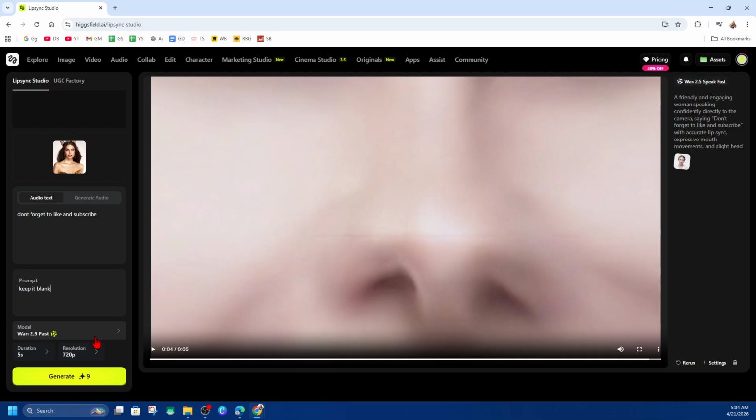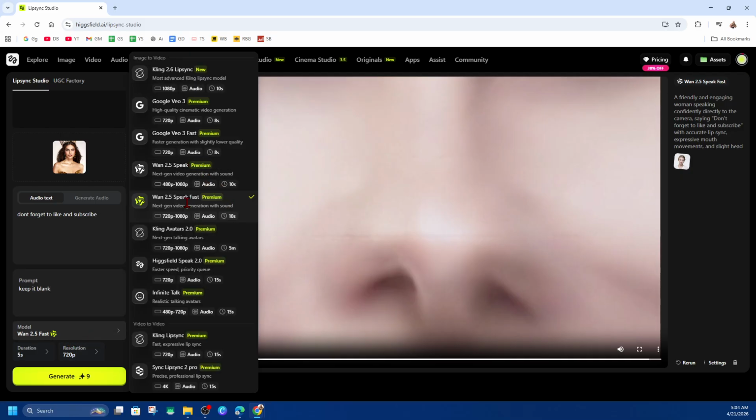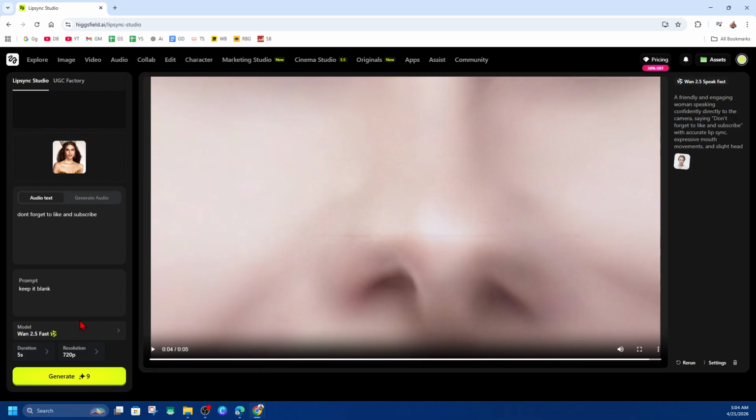Now we can change the model. We've got the WAN 2.5 speak, we've got Kling Lipsync Premium, we've got Kling Lipsync 2.6, so just choose which one. You can play around with that. And now from here, for durations, we can change the duration to 5 to 10 seconds, and resolution, then basically hit generate, and that's going to generate that